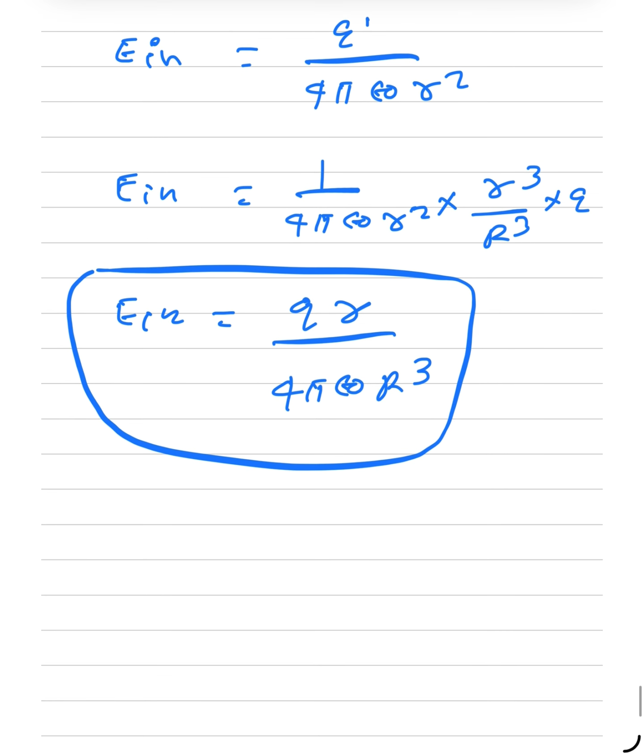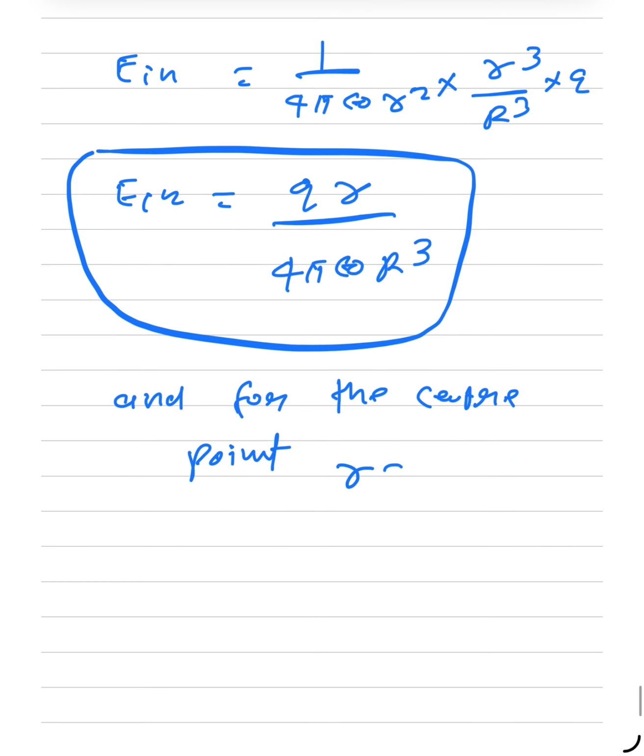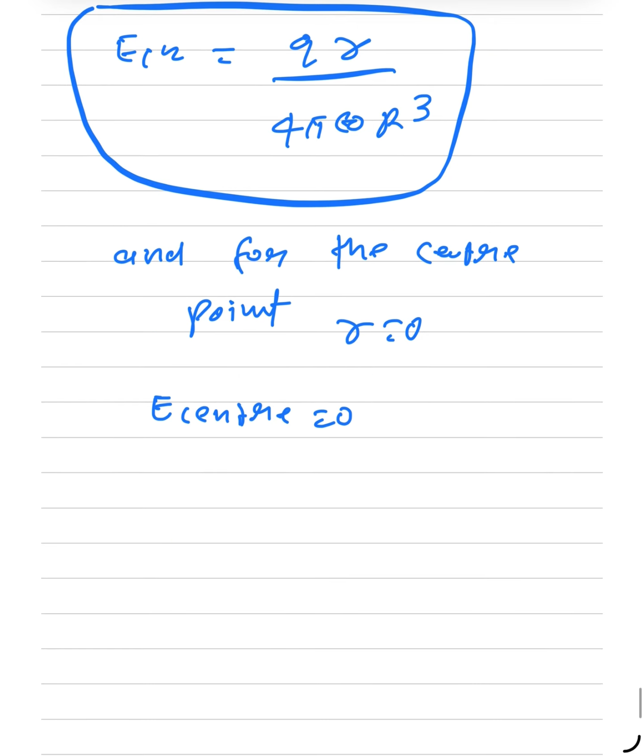For the center point, small r equals 0 and E center equals 0,